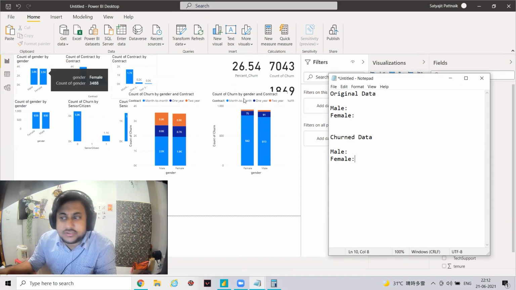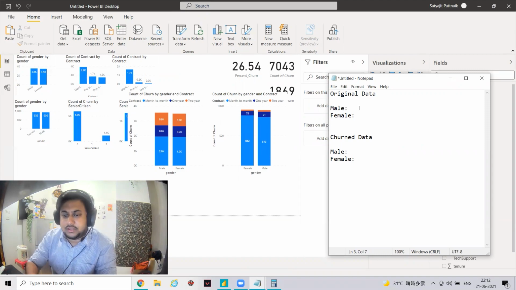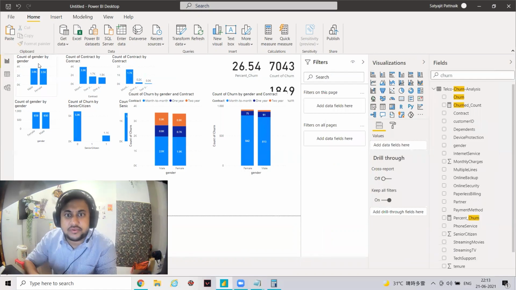Let's say how many males? Almost 3,600 males, and almost 3,500 females. In churn data, almost 939 males and almost 930 females. Let me just have the exact figures.